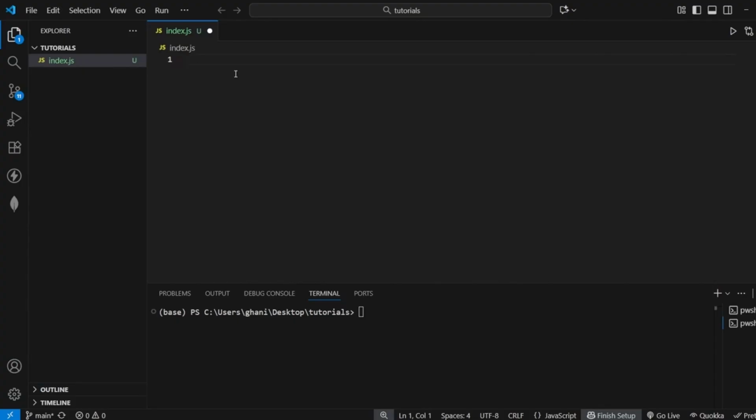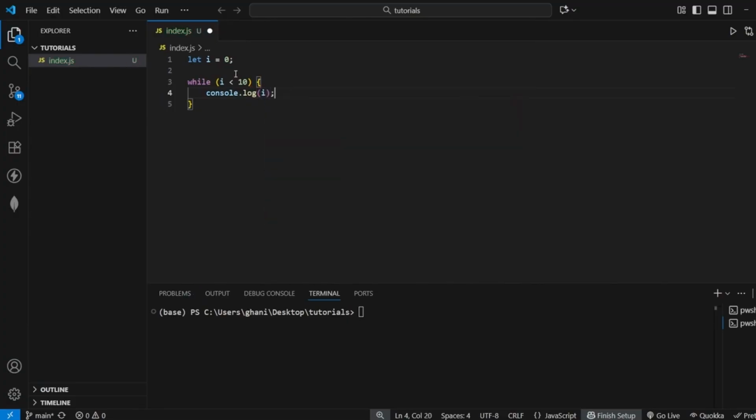The while loop and the do while loop are both loops to repeat a certain task a certain amount of times. So imagine you want to do something 10 times, for example. Then you can define a variable, for example, let i be equal to 0. Now we can create a loop by using the while keyword. And inside of this loop, we can, for example, say while i is less than 10, we want to console.log